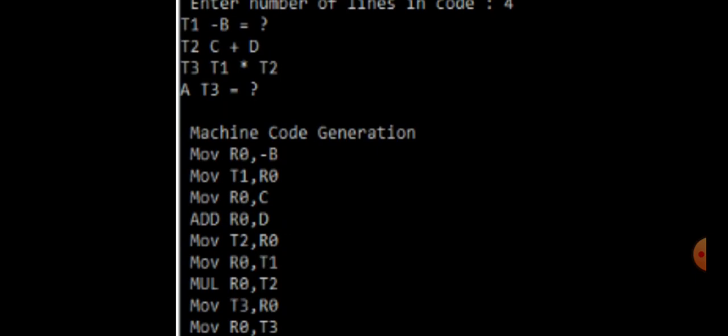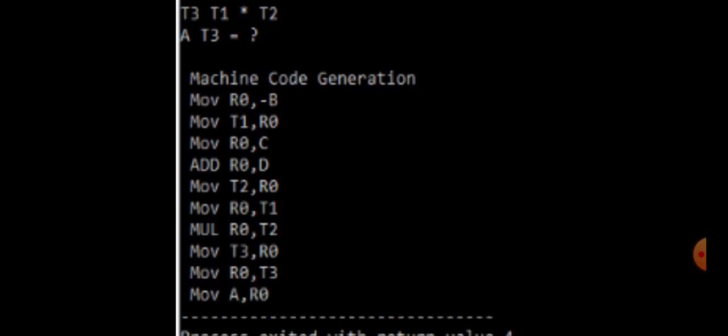Next 3 lines for addition, the other 3 lines for multiplication, last 2 lines for equal to operator again. So this is how we have generated about 10 lines of machine code.